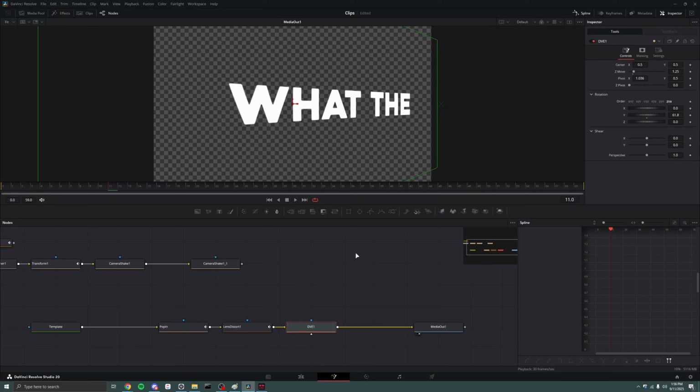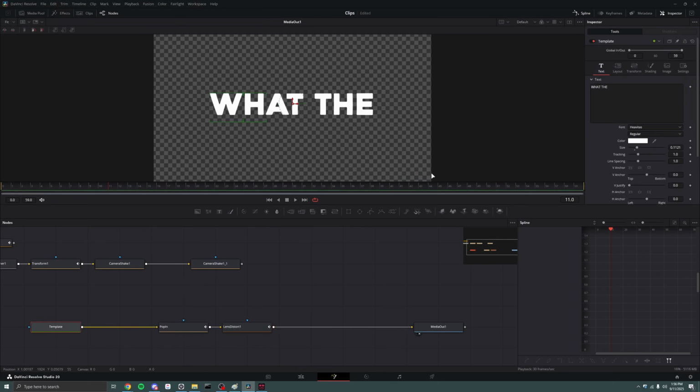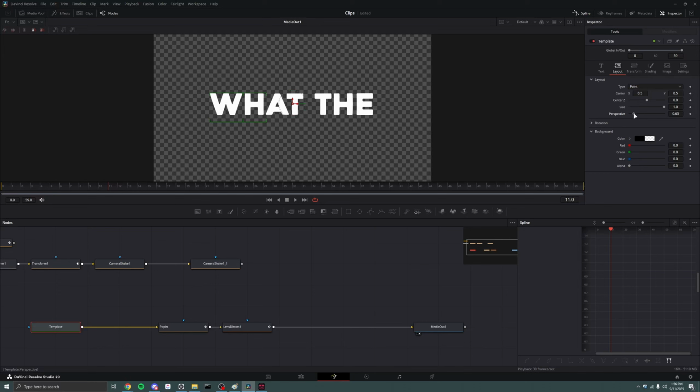Yeah, DVE is kind of like the combination of a 3D camera and 3D render node all in one node. It's nice. Is there a perspective control? That's kind of cool. So if you do something like this,